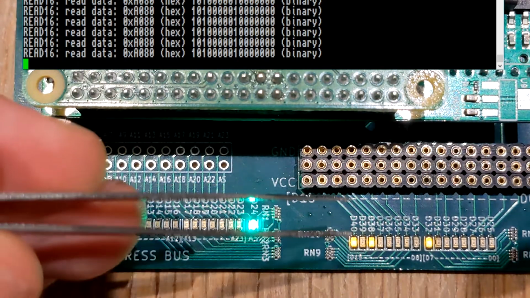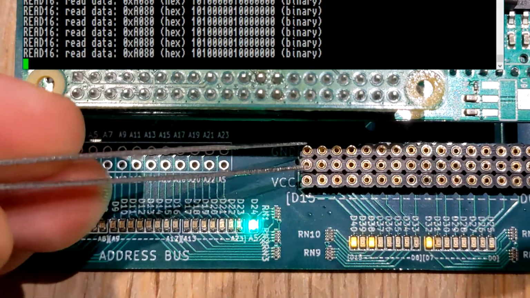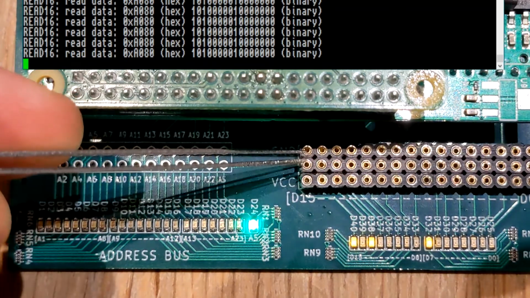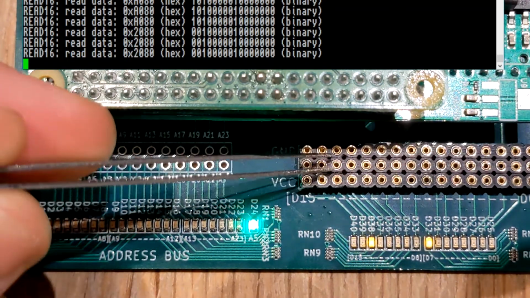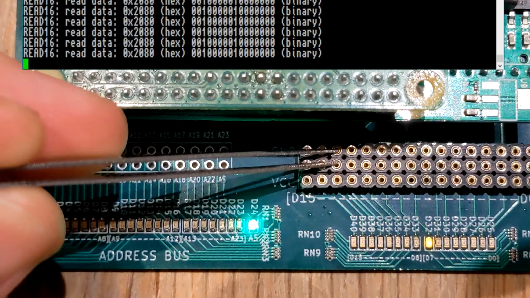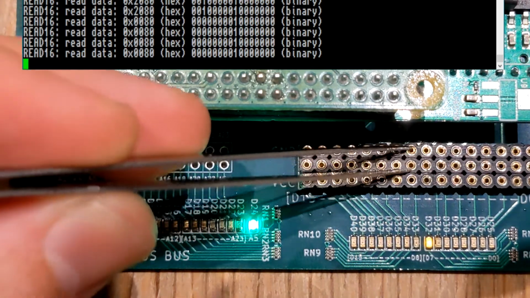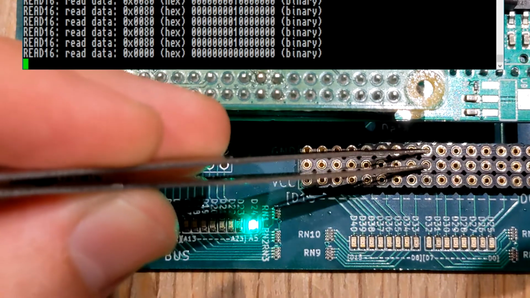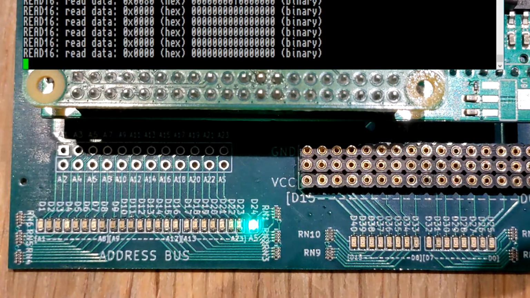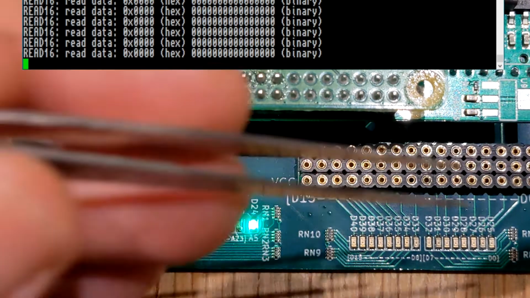And if we want to clear those, we can do. And as you can see, the ones clear back down to zeros on the read test.